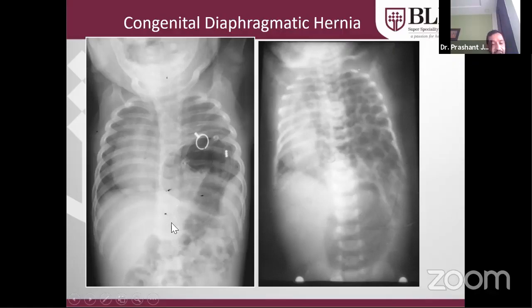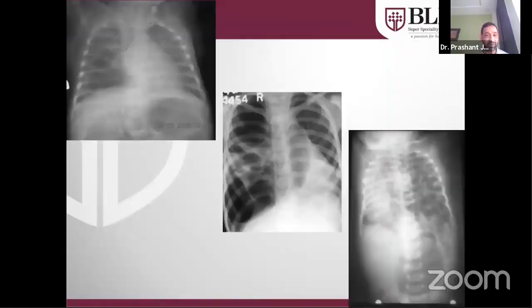One additional point you can get is that there will be paucity of gas in the abdomen, because most of the loops will be lying in the left hemithorax, and there will be less gas seen in the abdominal X-rays. But if you just see this picture, multiple cystic spaces lying in the left hemithorax, you might get confused with cystic lung lesions. So when there's confusion between diaphragmatic hernia and cystic lung lesions, you can do a further study. Either you can do a contrast study or you can do a CECT to confirm your diagnosis.